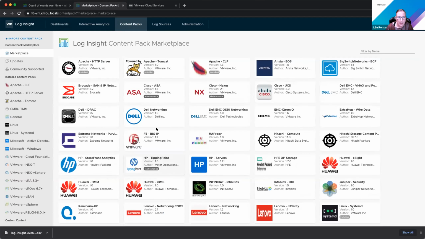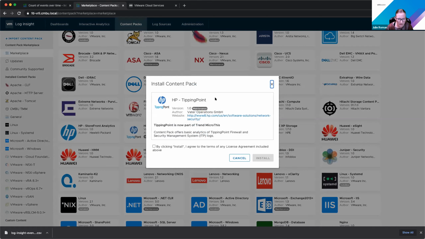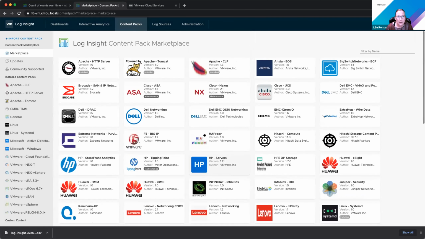You don't need to have access to the internet from your Log Insight node. This is actually just using my browser connectivity. So if I wanted to install any of those content packs, I can just click on it and click install, and it'll give me all of the details. If there are specific things I need to do to make it work, I can do that. Otherwise, if it doesn't have details, it's probably just a syslog configuration, and you'd want to do that. Then once you have that done, you can configure your infrastructure to send to the virtual IP of your Log Insight cluster.